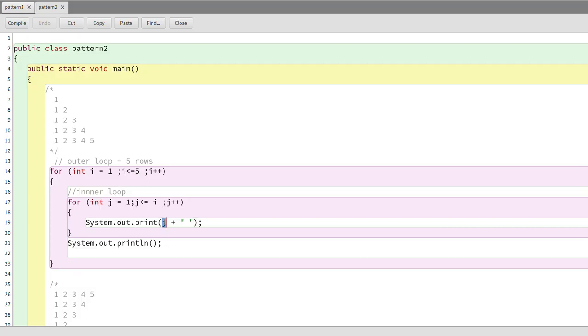Here instead of star, I will print this number j. If I want some different pattern like 1 1 1, I could have put i instead of j. But now, hope you have understood this. I will print j and then this System.out.println. Entire code is same. Here instead of star I will just print j. So let's compile this code and run it.